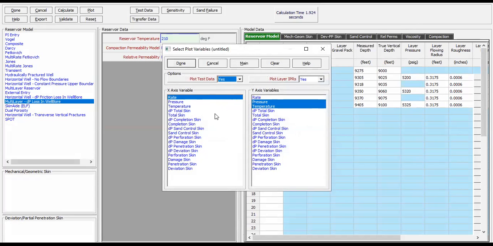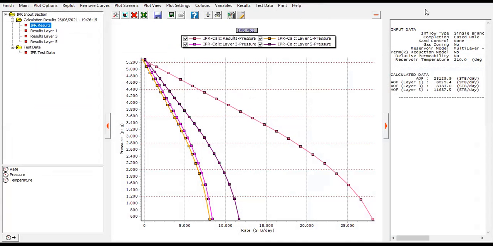We can plot many variables, but of course, if you want to construct inflow performance relationship, the x-axis variable should be rate, and the y-axis variable should be pressure, but we can also plot the temperature. Let's say we don't want to plot temperature because it's not that important in this case for now. So let's plot only pressure for the y-axis variable. Okay, done. All right. So we have completed the construction of our IPR for each layer and for the combined